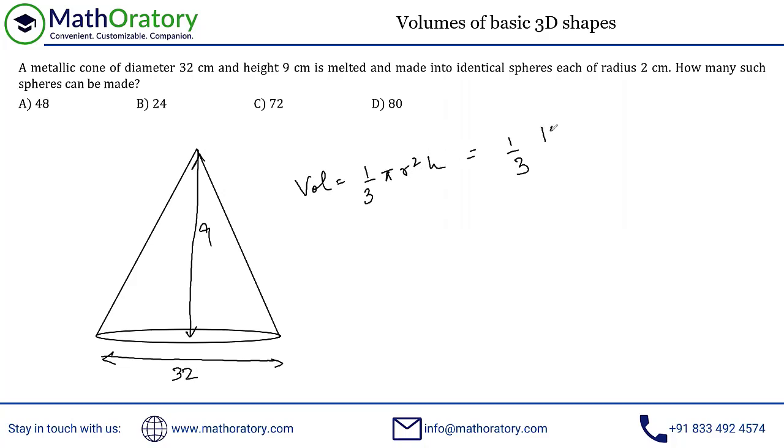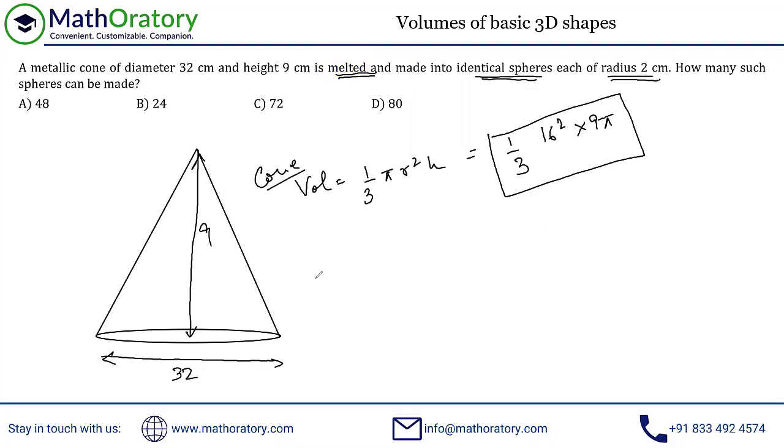So I'm just leaving this as it is. So 16 square into 9 pi. I'm not going to evaluate this as of now. So this is the volume of the cone, which we are melting, right? So it is melted and made into identical spheres, each of radius 2 centimeter. Now this is a cone thing. For the sphere,